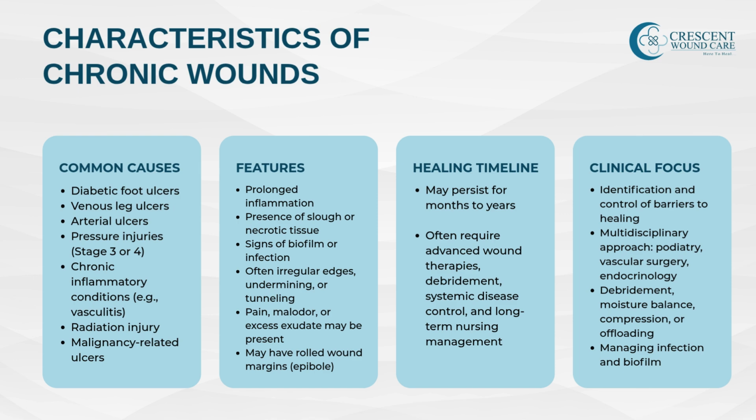On the other hand, chronic wounds are often more complex, persistent, and problematic. These include diabetic foot ulcers, venous and arterial ulcers, pressure injuries, particularly stage 3 or 4, ulcers related to radiation or malignancy. What makes them chronic? They don't heal as expected, even with standard care. They often show slow or necrotic tissue that needs debridement, irregular, undermined, or rolled wound edges, signs of biofilm, odor, and persistent exudate. Ongoing pain,